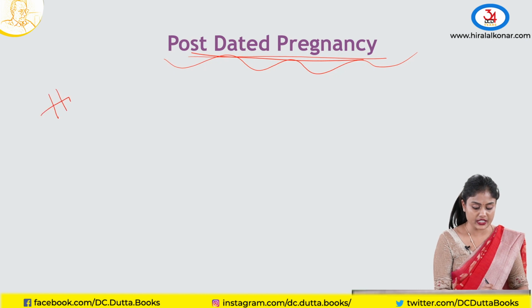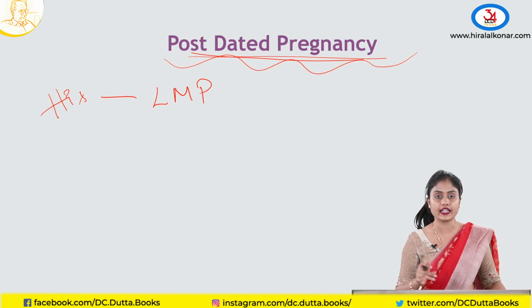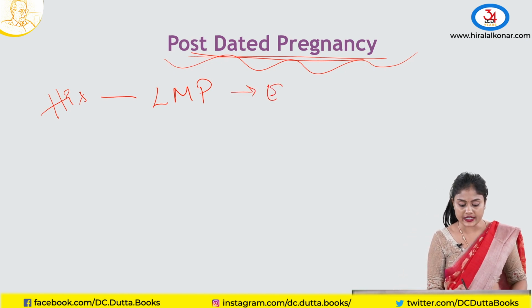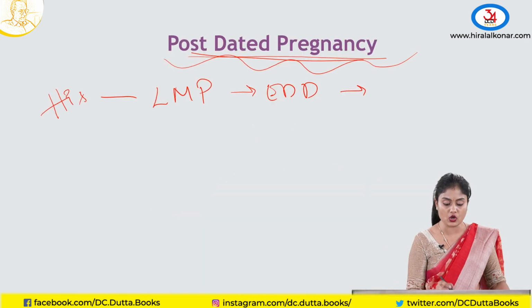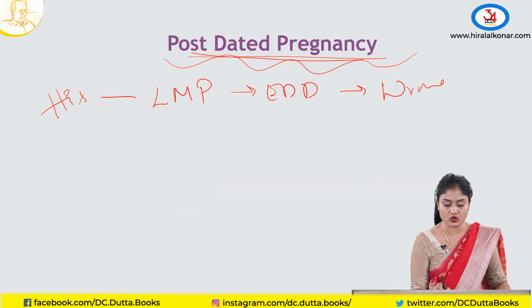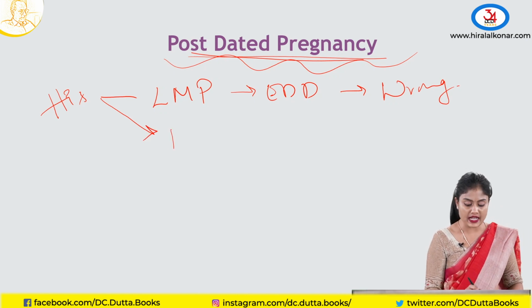By history, you should confirm her last menstrual period date, whether she is sure of her date, and calculate her EDD. If wrong dates are there, that is the most common reason for labeling a pregnancy as preterm or postterm. Wrong dates should first be ruled out, and then you should ask her if she has a past history